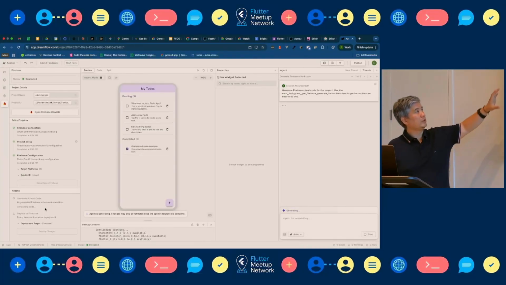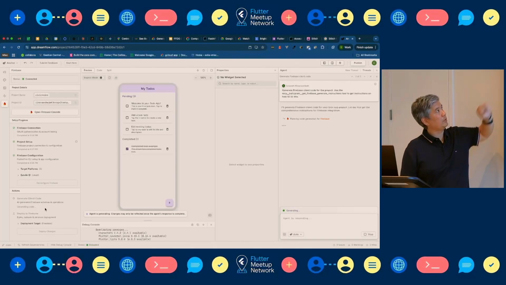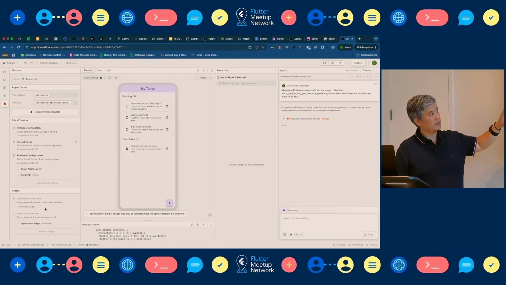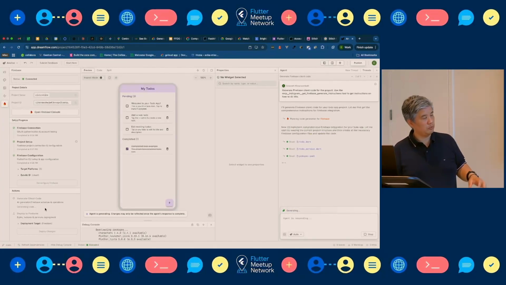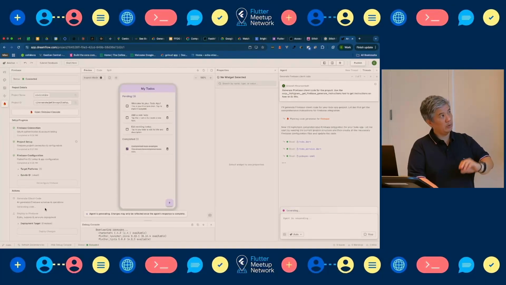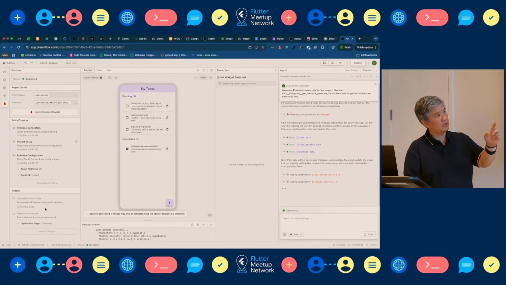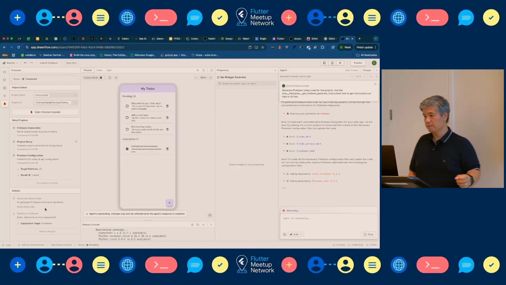So now it has connected correctly with Firebase. I'm going to ask it to generate the current code. It's going to build some kind of wrapper following what it knows about the application and Firebase.